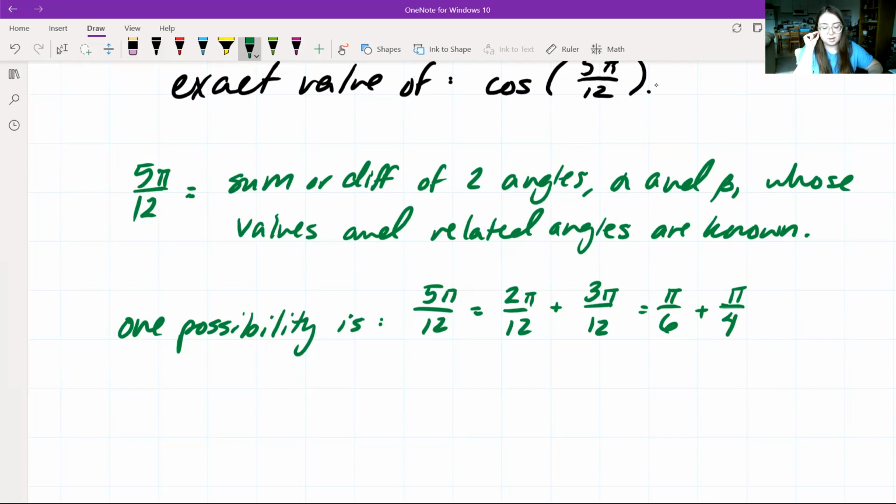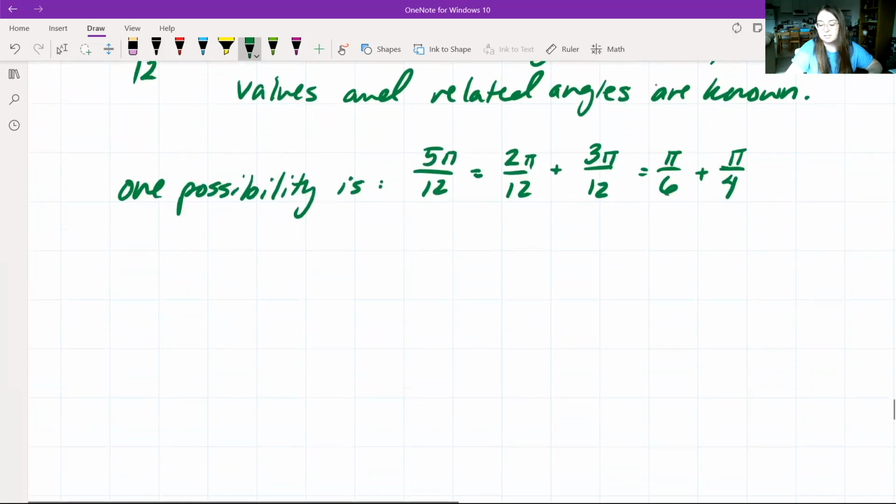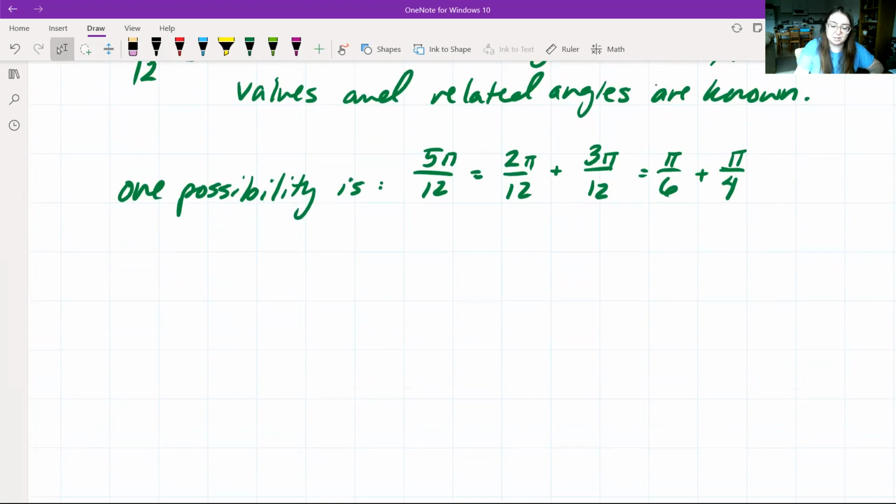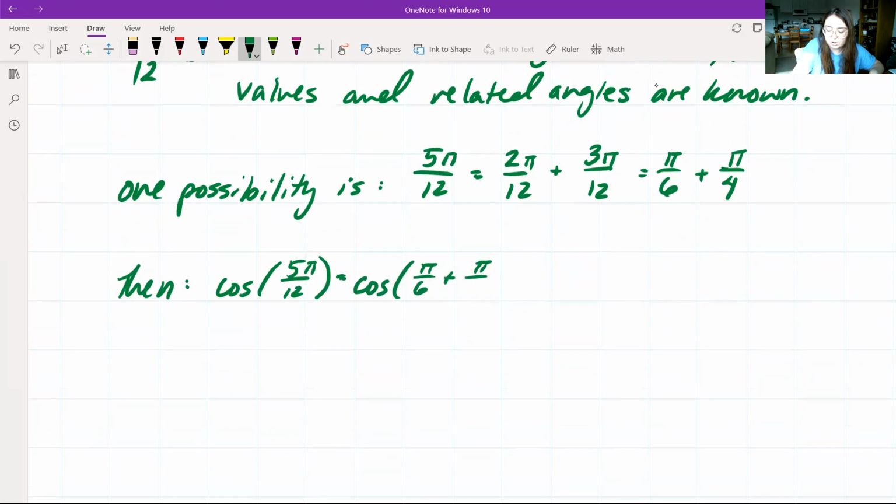If you split up your current angle into two angles that maybe aren't on the unit circle, it's just going to be that much harder to actually solve the problem since you can't easily just refer to the unit circle to solve it. So that being said, we're going to use pi over 6 plus pi over 4. Then we get that cosine of 5 pi over 12 is going to be equal to cosine of pi over 6 plus pi over 4,